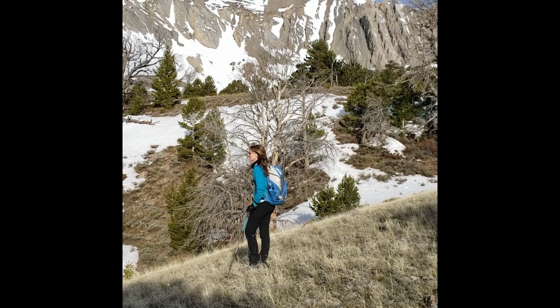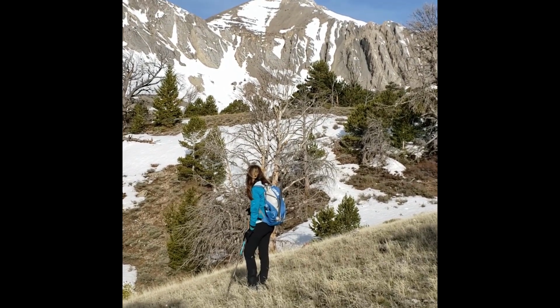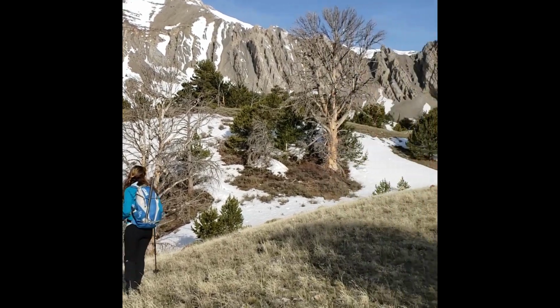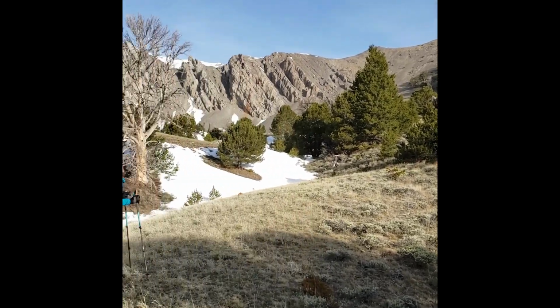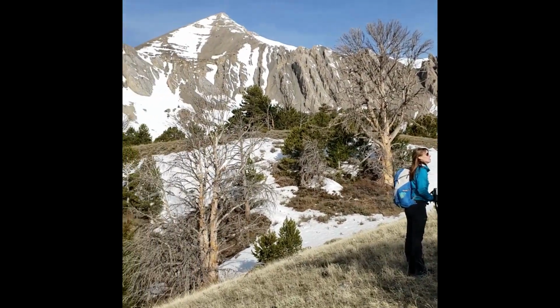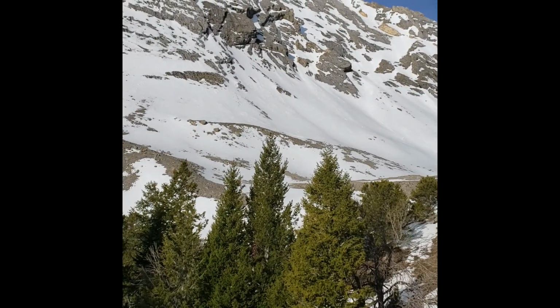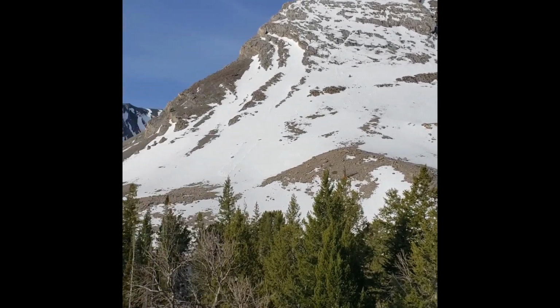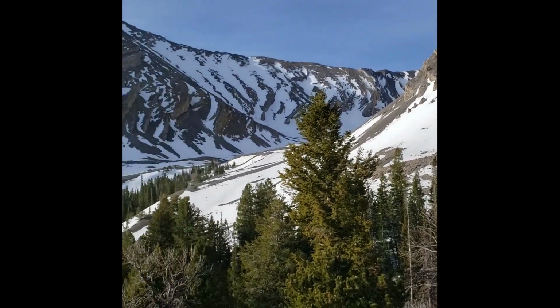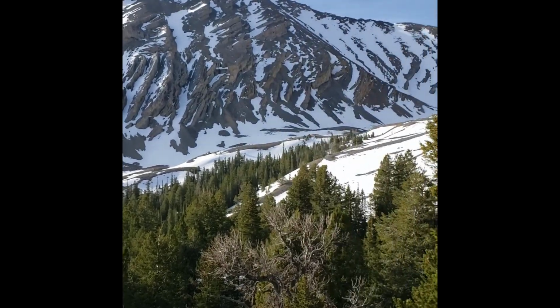All right, we are exactly 1 hour into our hike up to the top of Horseheaven Peak. That's the peak straight ahead. Carrie just said hi to the camera. It is absolutely gorgeous up here in this basin, as you can see. Beautiful day. Snow's hard, so once we get crampons on, we should be good to go. There's some Lost River faulting right there, all twisted up, cool looking. There you have it. We'll check in when we hit the...